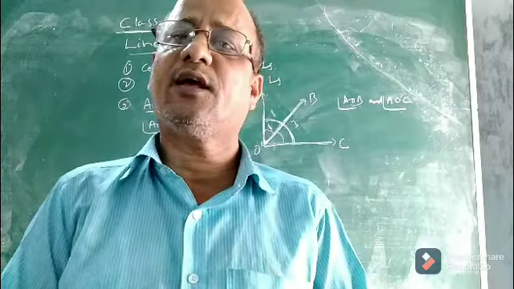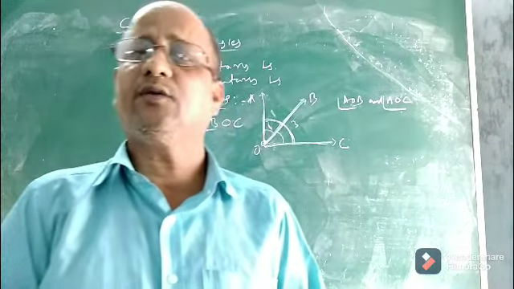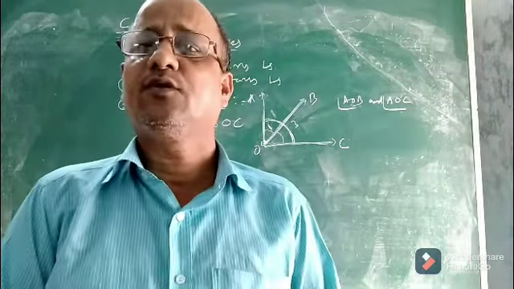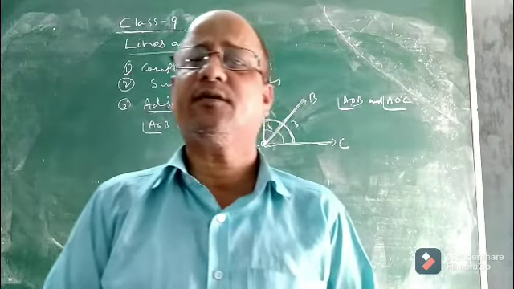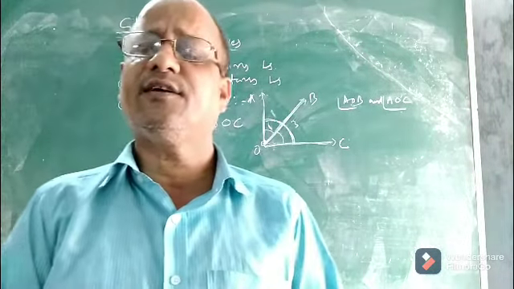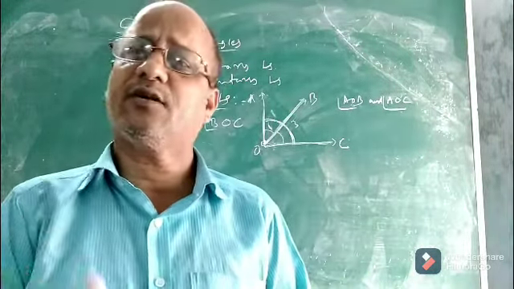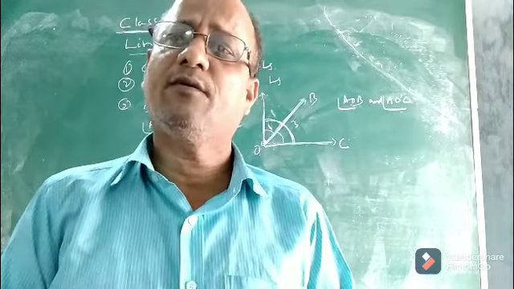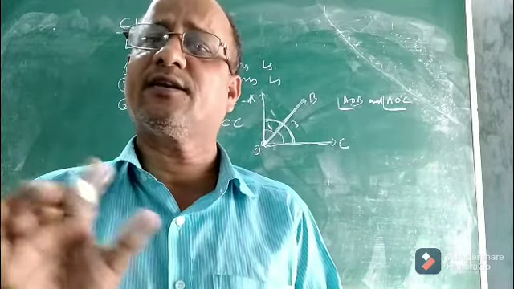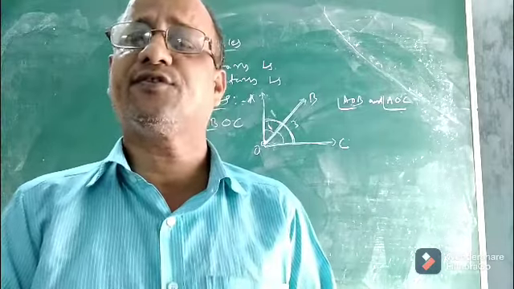Children, in the previous class we completed our Euclid geometry. So, today let us start a new chapter, that is lines and angles. See children, the concept of line and angle is not new for you. We have already read what is a line, what is a straight line. I need not give a definition of line.